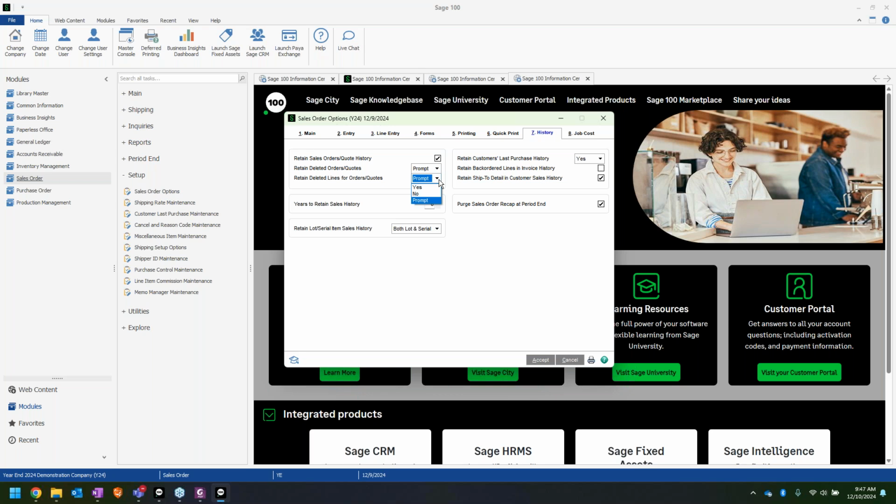Then same options for deleted lines and orders and quotes. Yes, no, or prompt. If you are using lot serial items, let's set that to both lot and serial. And then